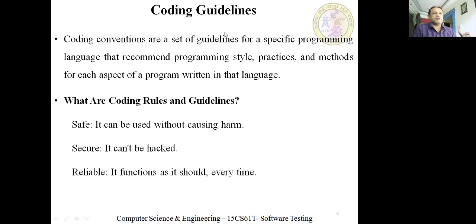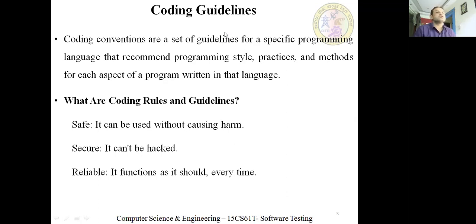Some languages are case sensitive, some are not. In C language, every statement should end with a semicolon. You cannot combine uppercase and lowercase, because if one variable is uppercase and one is lowercase, it identifies them as two different variables.